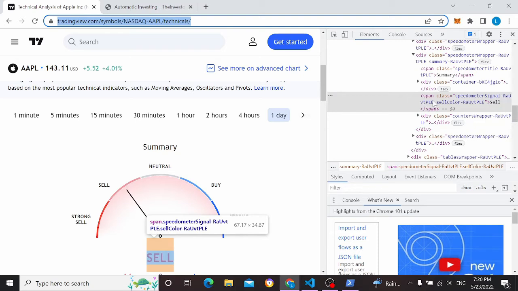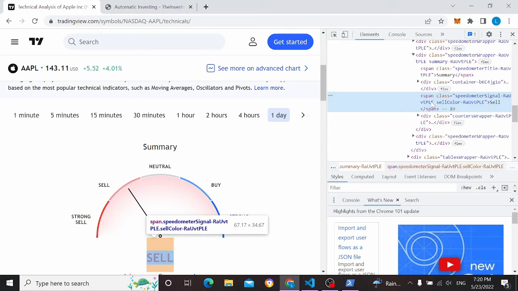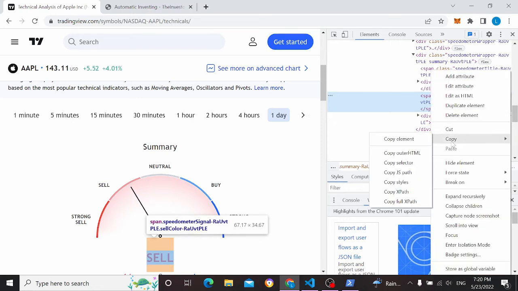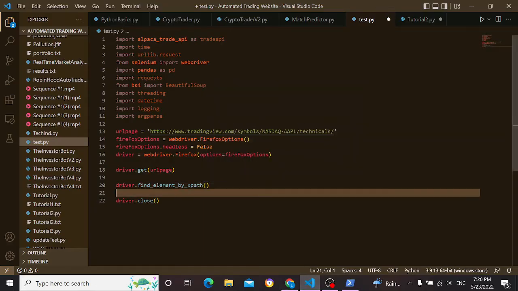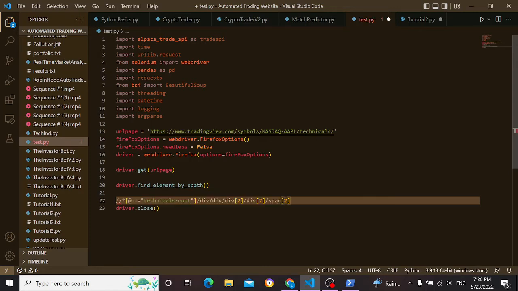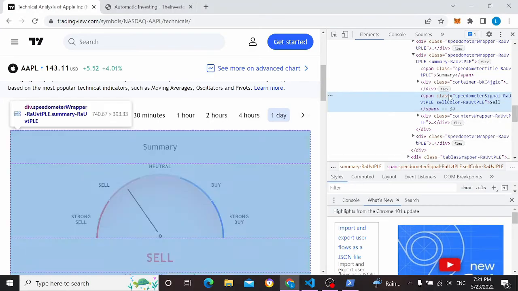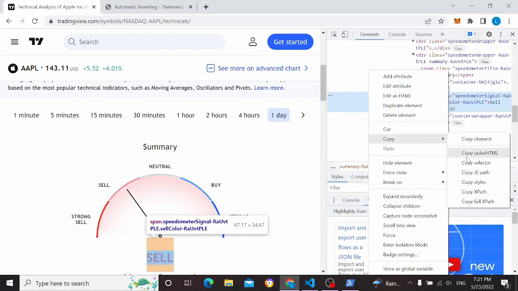Then, once you have that set up, you're going to want to come back over to our page. We're trying to pull this little piece of text here. So I'm going to right-click here, copy, and then you don't want the XPath, you want the full XPath, because this XPath here, we'll go ahead and do a quick demo, is going to be relative. So it's using this technicals root and then giving the rest of the XPath. It's not going to work. It's not going to allow you to pull what you're looking to pull with that because it's relative to your position on the page. Whereas if we go back and copy the full XPath here,